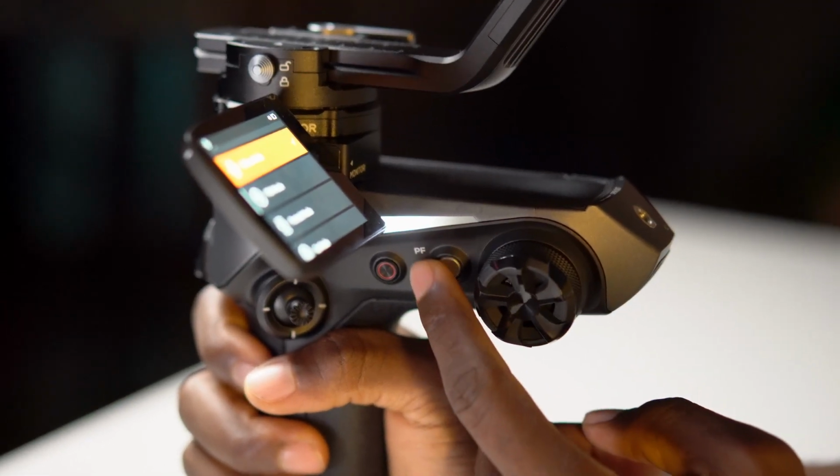Another con about the screen is that all your modes are in the screen. If you're moving fast and you only have one hand, you also need that left hand to change your mode on the lever part. All in all, my final thoughts for the ZHIYUN Weebill 2 is that I feel like